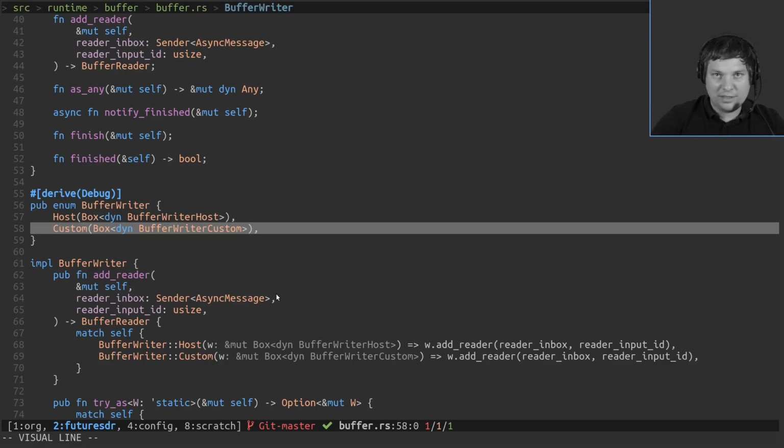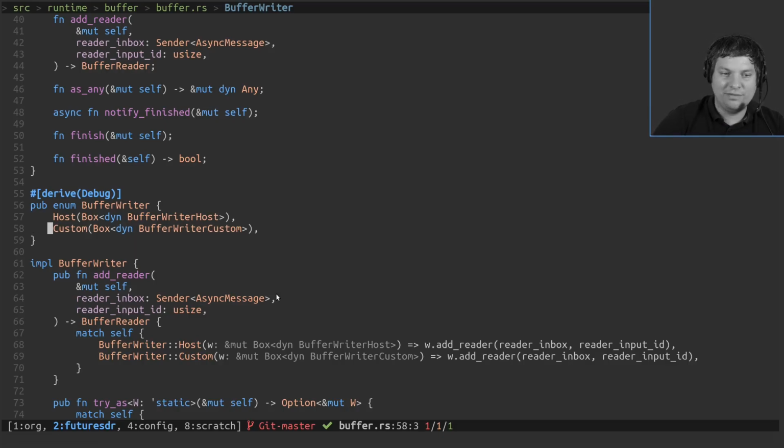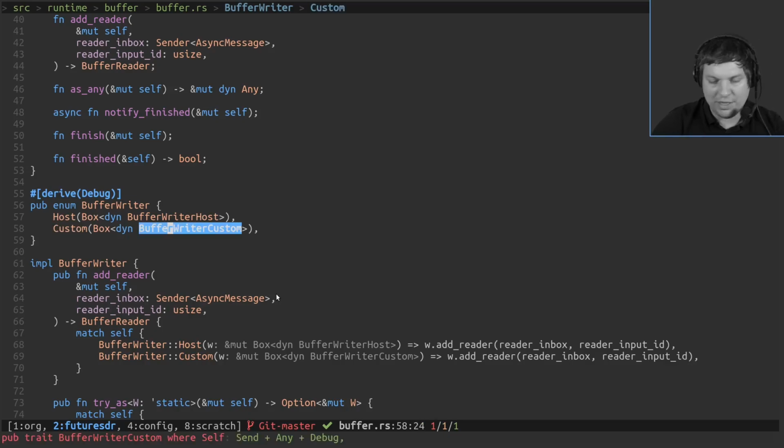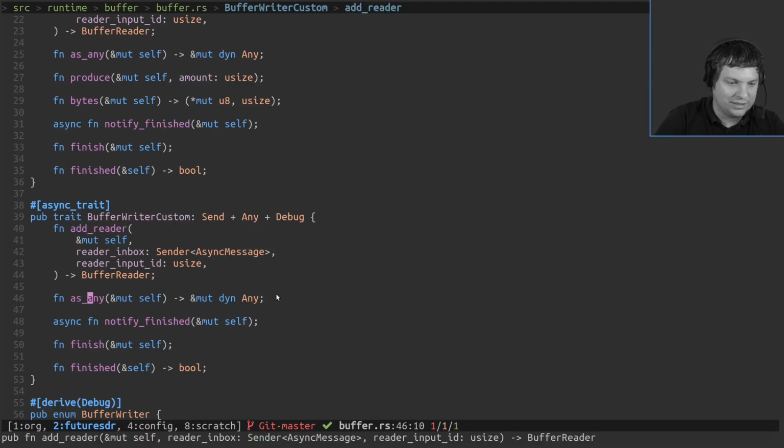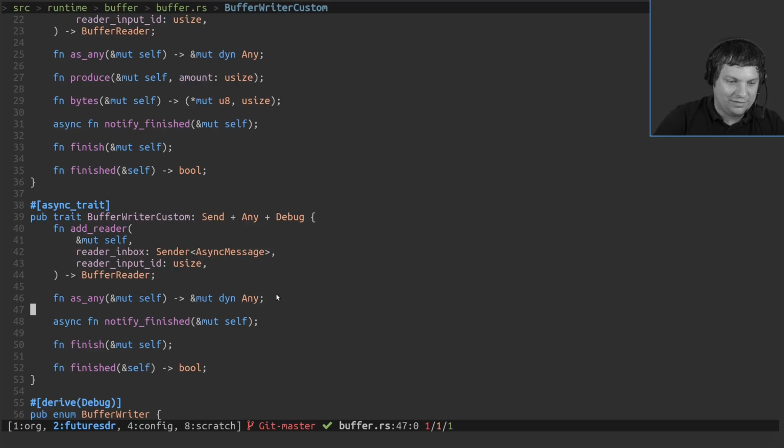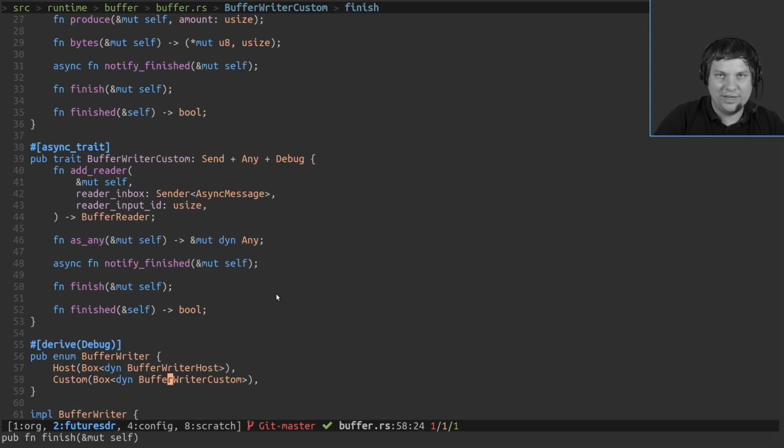And then we have the custom buffer, and the custom buffer defines only a very limited API, because a custom buffer is custom. And I don't think it's really possible to hide any accelerator on Earth behind one API surface. I think you have to be flexible here and then just cast the buffer to the type that you actually expect. So you see there's not a lot going on here. You can basically just finish the buffer or notify that it's finished and stuff like this.